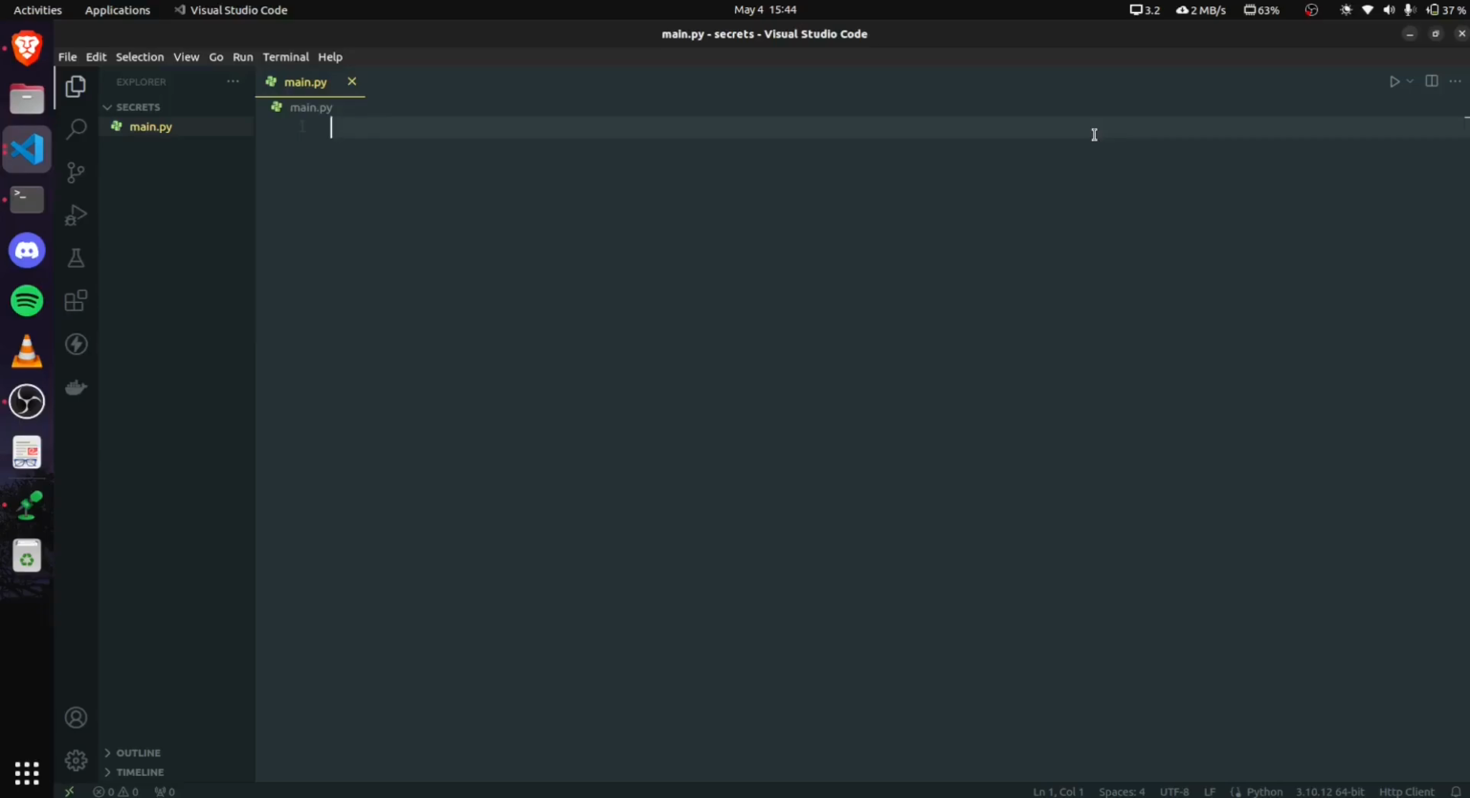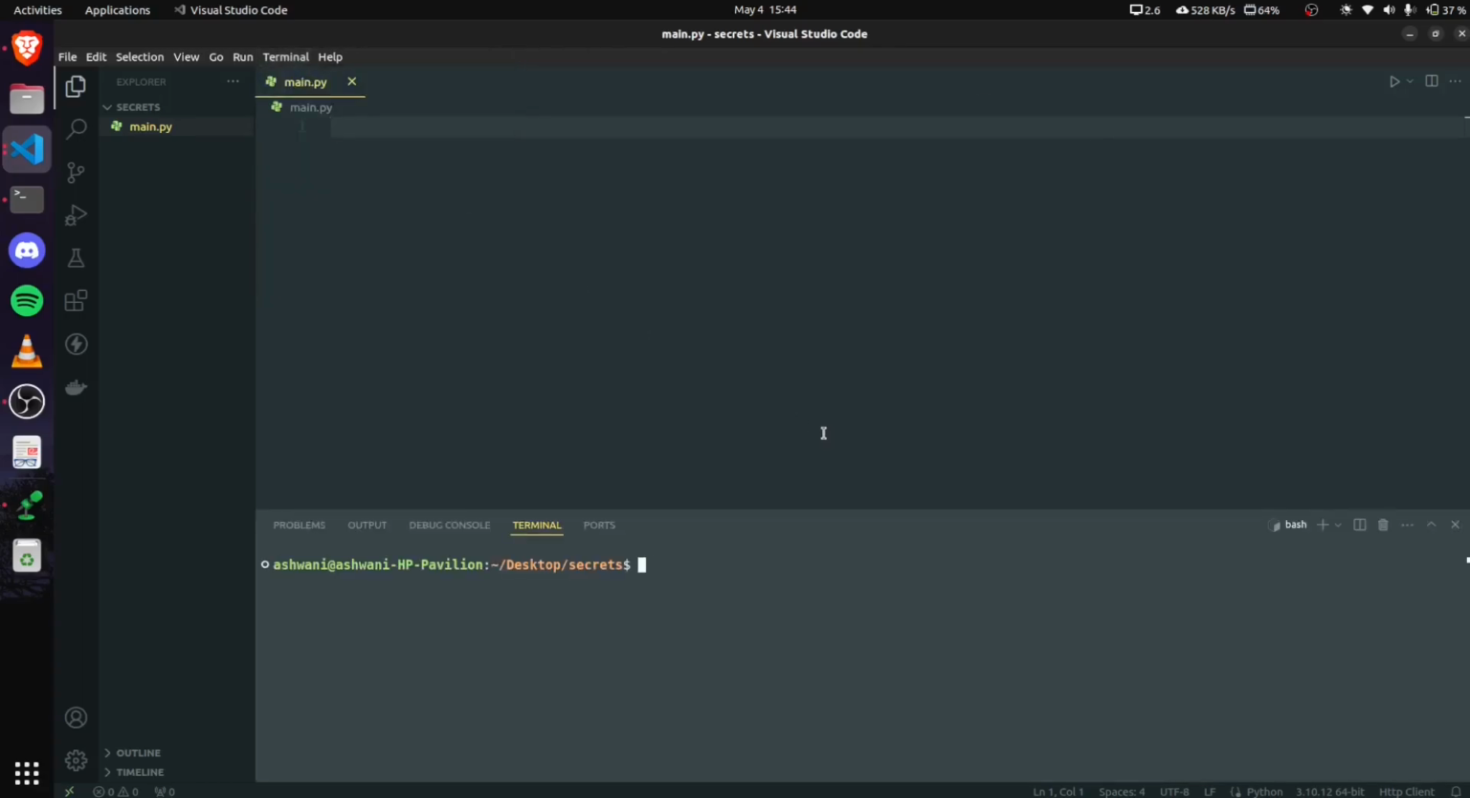This is how you can create secrets for your Streamlit or Python project. First, let's see using the .env method that's applicable to all Python projects, and for that we need to install python-dotenv. So do pip install